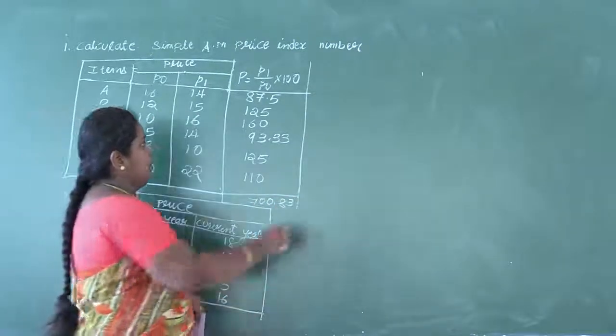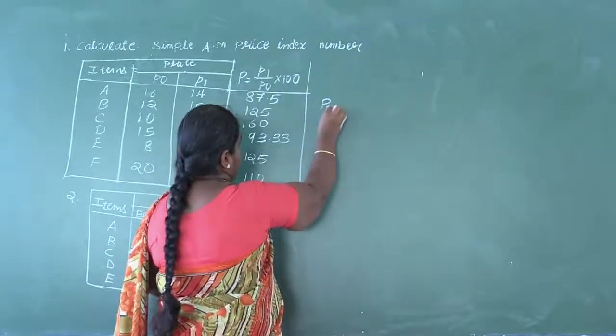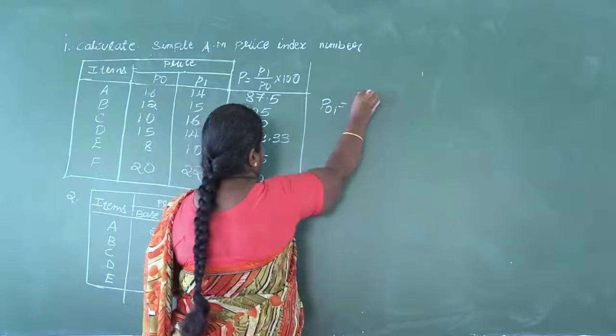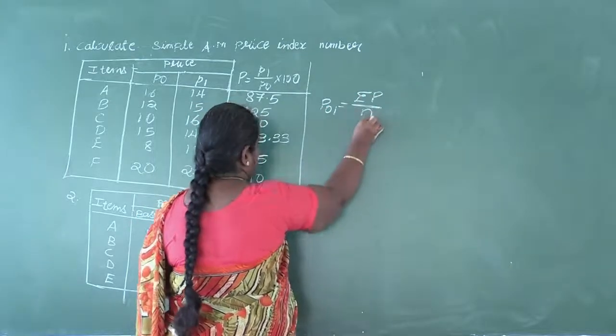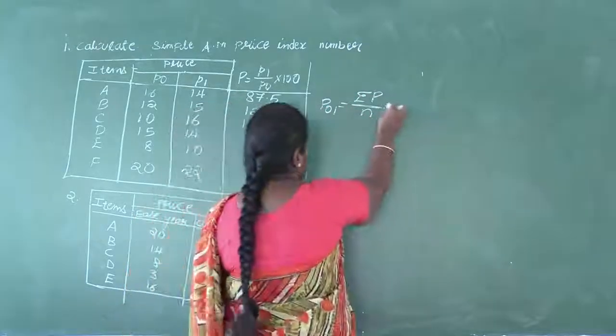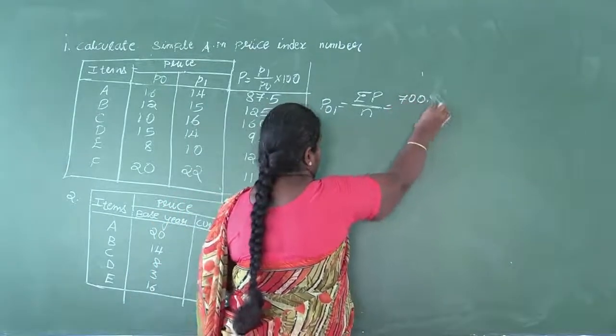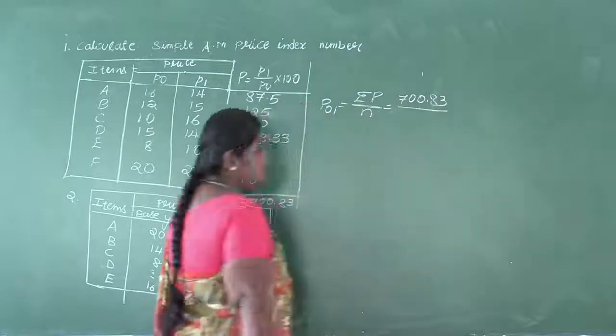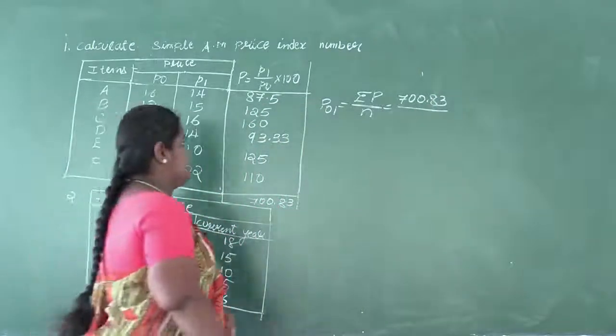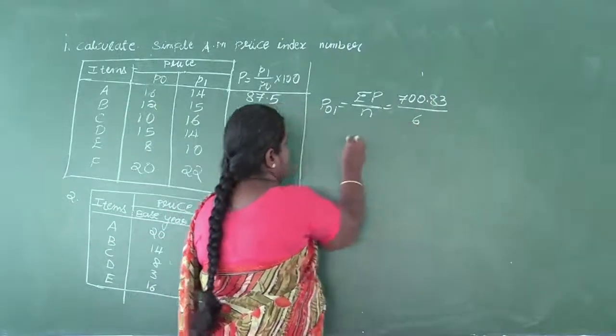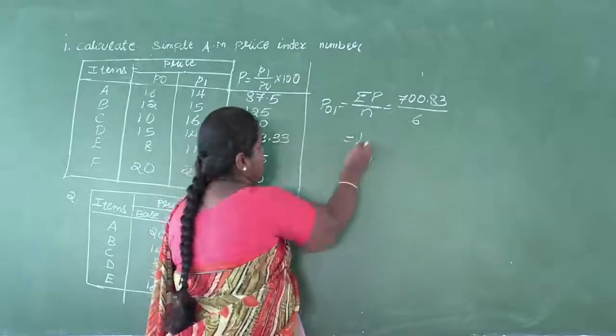Then use the formula P01 equals sigma P divided by N. So sigma P is 700.83 divided by N is 6. So we'll get the answer